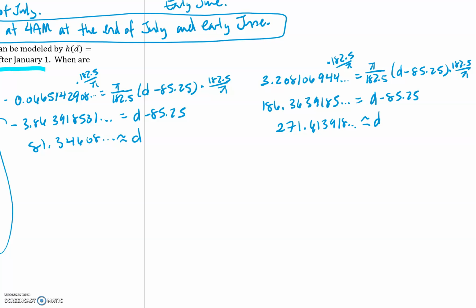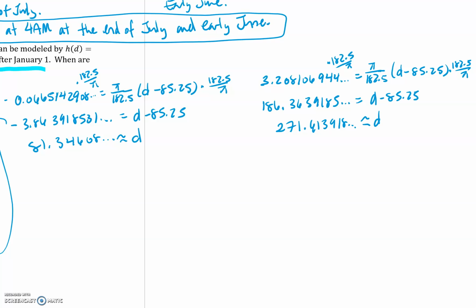All right, so solving that basically just like how I solved the example earlier, we'll get approximately 81.34608 days, or 271.613918 days. So here's where I don't like the days. I'd rather have months because it's much harder for me to figure out the days without a calculator. So I did just take out a calculator and counted the days. And you guys can do that too, right? It's just a little bit harder to do mentally, because every month has a different number of days. So it's not like you can say, okay, every month is 30 days, so I can just divide by 30. You'd actually need to go through and count the days. But if you did,